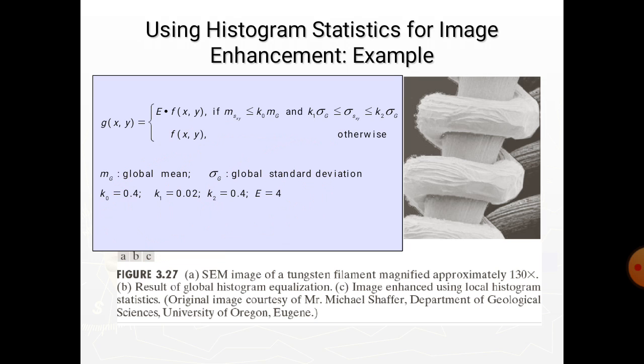It is important to point out that the portions of the image with the light areas were left intact for the most part. We do note the appearance of some small bright dots in the shadow areas where the coil meets the support stem and around some of the borders between the filament and the background.